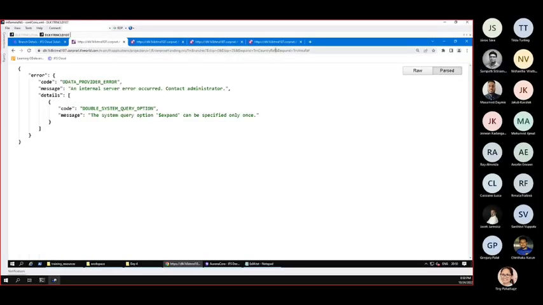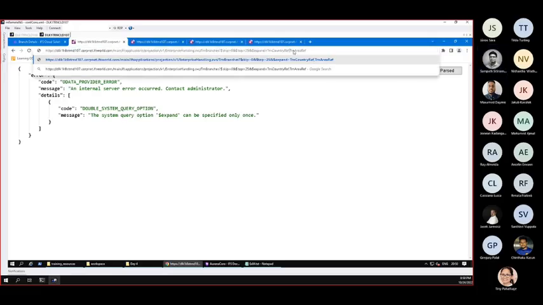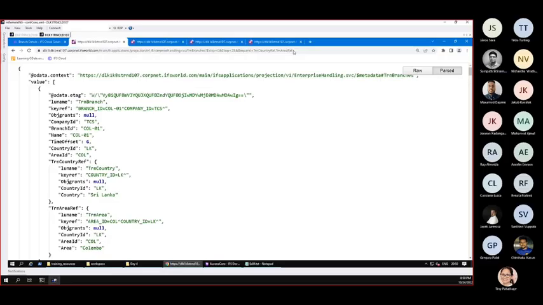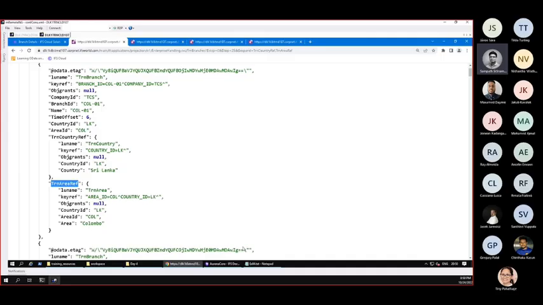No. Oh, how about? Yeah. So if you do a comma and also add TRN area ref to the expand, it will expand the country ref as well as the area ref, right? So you can get the area, and then I can